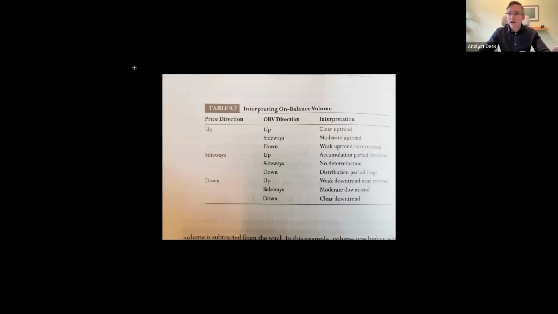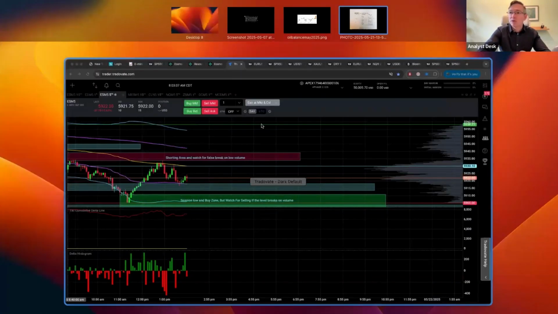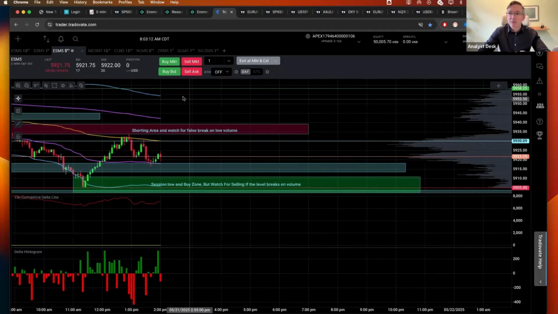So that's why it's quite an interesting tool. And if you look here, this is the technical way of using it: if the on balance volume is going up and price is up, it's a clear uptrend. And if the price direction is going down and the on balance volume is going down, it's a clear downtrend. So it just gives you an extra little bit of confirmation that your trend is being supported by volume. That's particularly why Najam has been liking it for the futures market, and particularly he's been using it for